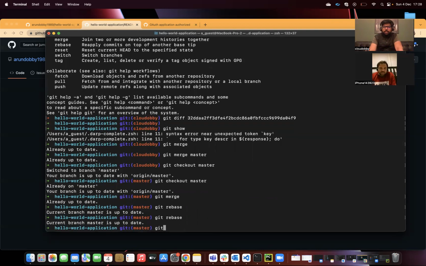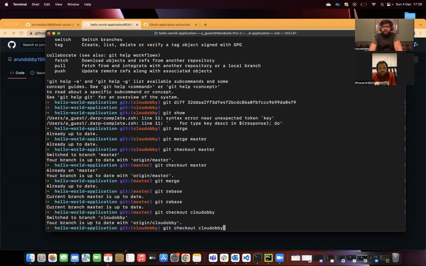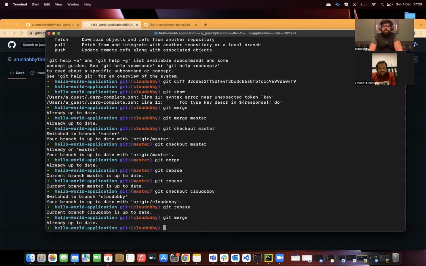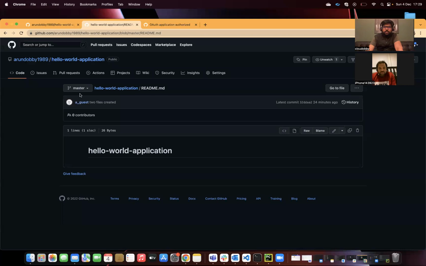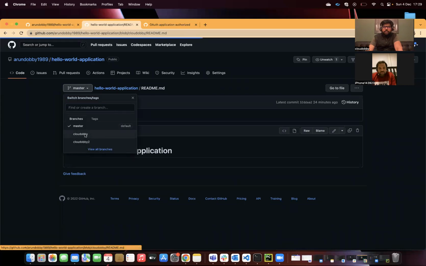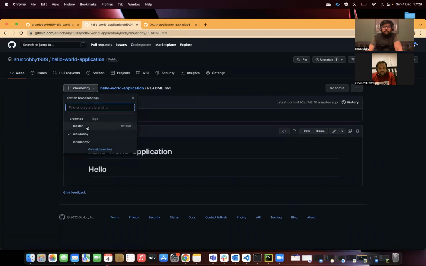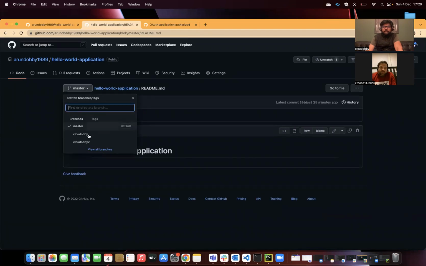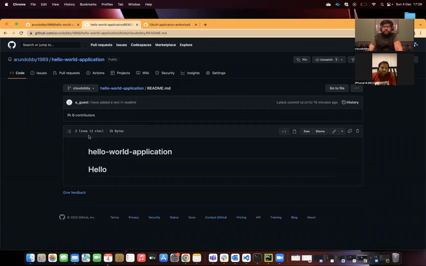Then git checkout Cloud Bobby. Then again, I am giving git rebase, up to date. Git merge. Let's see. I go to master, Cloud Bobby. I can see here in the master. I can't see the changes, but what I can do is go to my branch here, and I